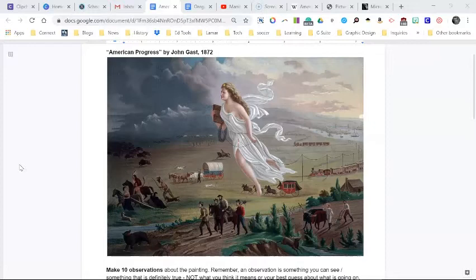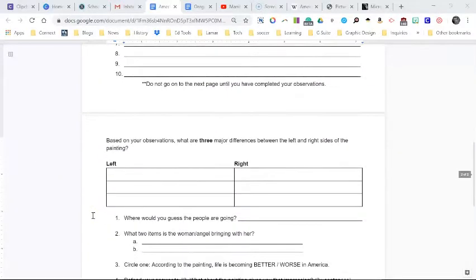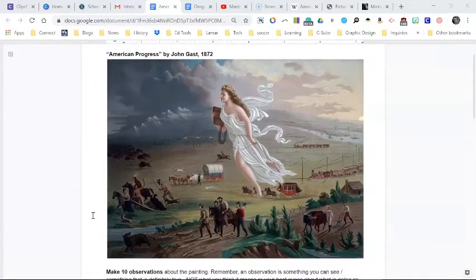but I do want to spend some time in interpretation. And so I'm going to scroll back and forth between the image and the questions just to help me remember what the questions are. So our first question says, based on your observations, what are three major differences between the left and right sides of the painting? So as we scroll back up, one of the first things we notice as we look at